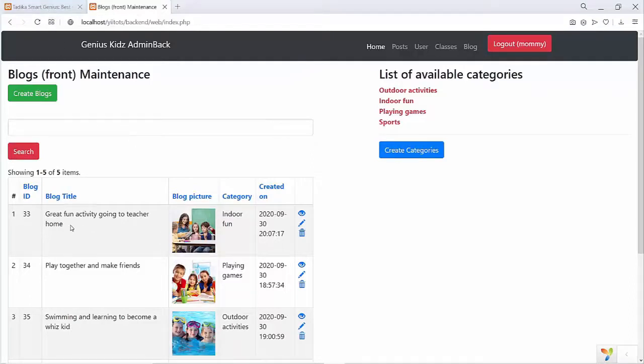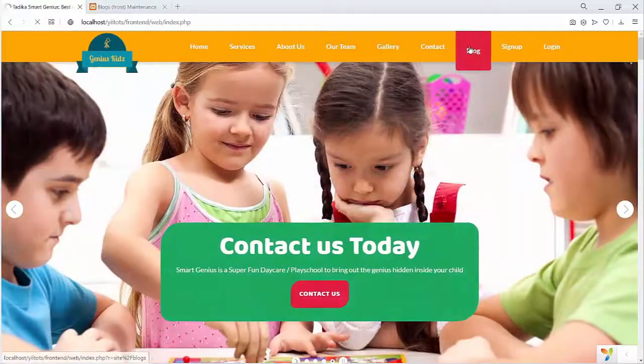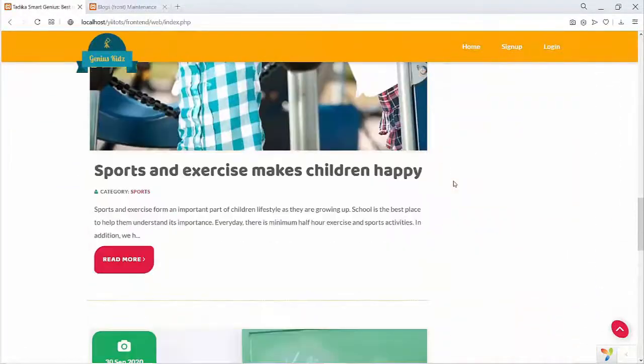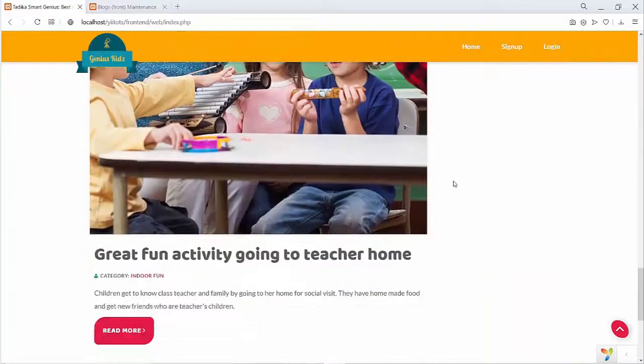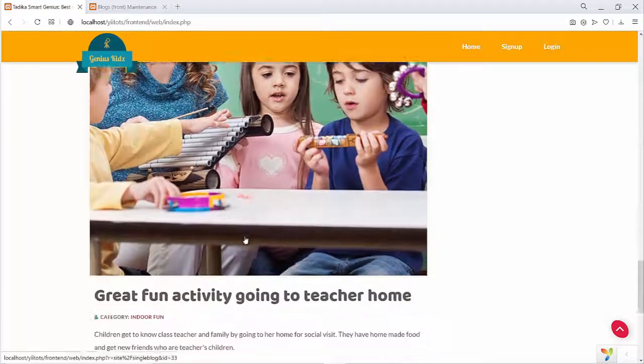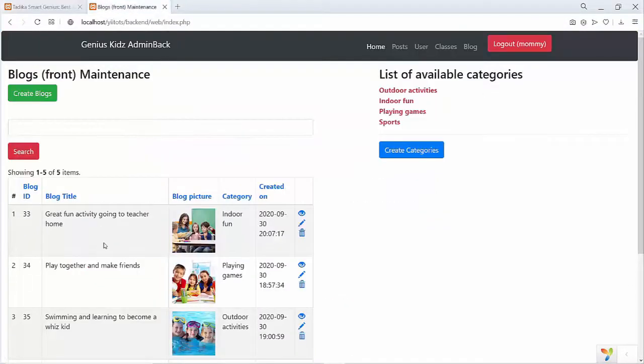For example, let's see great fun activity going to teacher home. Is it there in the blog? Let's see. So let's go to the blog. Great fun activity going to teacher home. You can see that. So whatever you post here, I'll just change something here and show you.